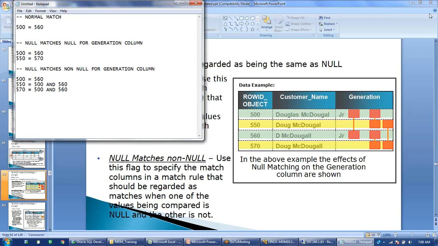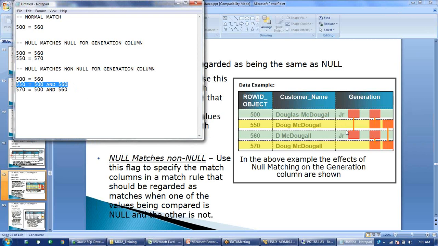The second one, 550 equal to 500 and 560. Yeah, 550 is having a null value. So null will match with non-null values. Now the non-null values are 500 and 560. So that is why it is matching. Oh, okay.